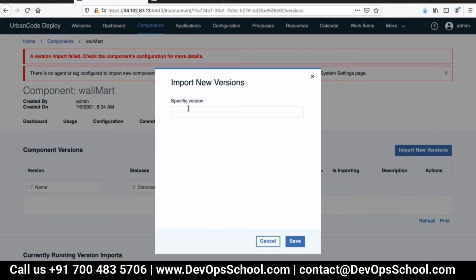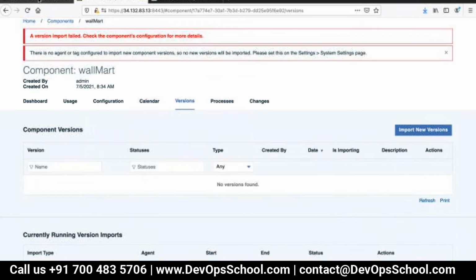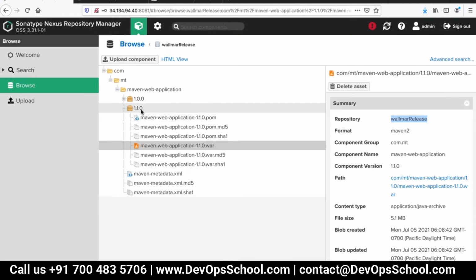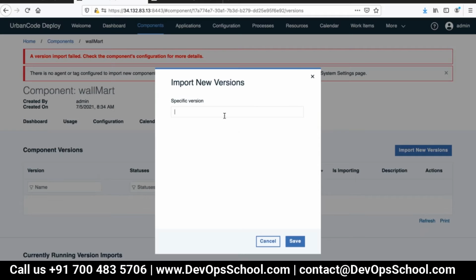Which version are you trying to import? Go to the Nexus repository. Version 1.1.0. Why is it coming like this? Specify a version, 1.1.0. Save.